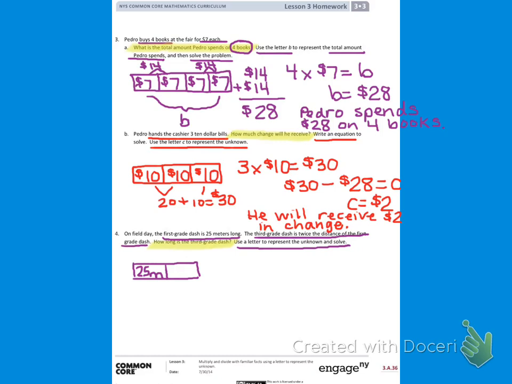And since the third grade dash is twice as long, I have to put another 25 meters. Now, m is not representing an unknown. m is the abbreviation for meters. But if I make this bracket just like I did in item A, I know that if I combine the two 25-meter sections of the tape diagram, I will get the unknown. I think I'll use a D